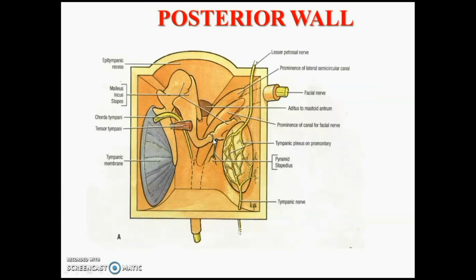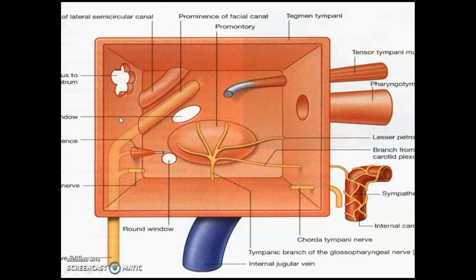Now you are seeing the posterior wall of the right middle ear. From the anterior view, you can see the oblique and straight vertical part of the facial nerve. Medial to facial nerve, you are seeing the pyramid giving attachment to the stapedius muscle there, pyramidal eminence, and you can see how the chorda tympani is going downwards and medially to join the facial nerve from lateral to medial, join the vertical part of the facial nerve by passing through posterior canaliculus.